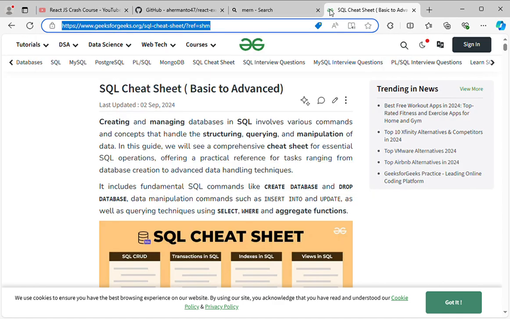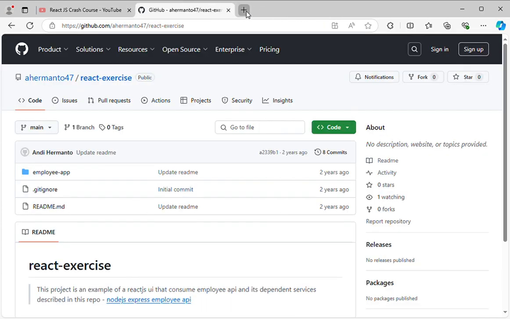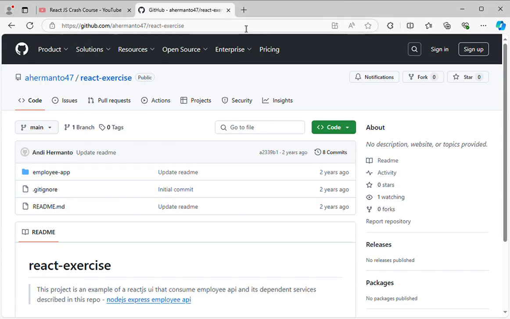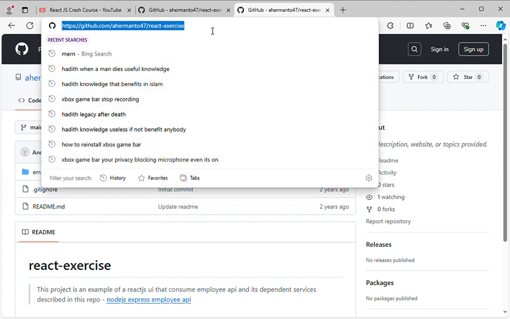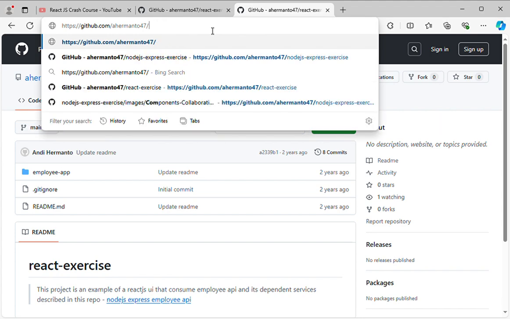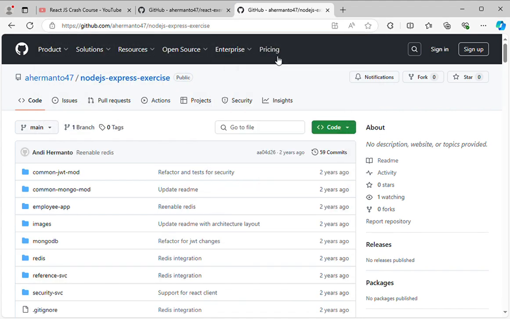So basically I have another repo. Let me just duplicate this. And it's called Node.js Express. Okay, yeah, this one.